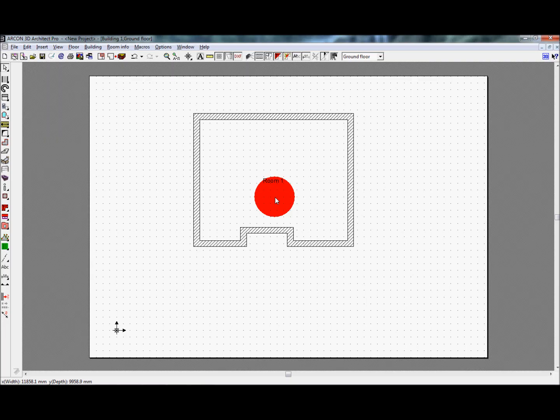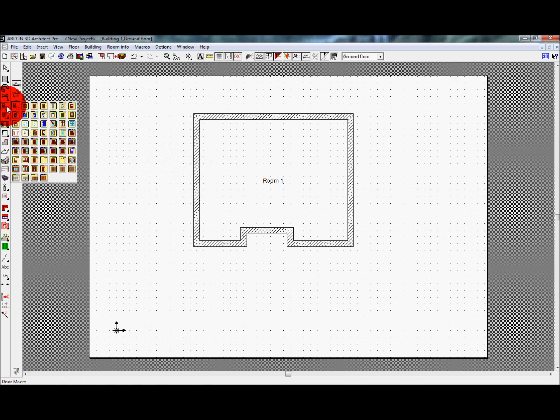In this next video we will be looking at placing doors and windows. Doors and windows share many common features and the same rules and methods for placement. The initial rule for adding these features is that they can only be added into a wall. So you need to have drawn your wall before you add either a door or a window. You don't need to worry about creating openings for these features as they will be created automatically by adding the